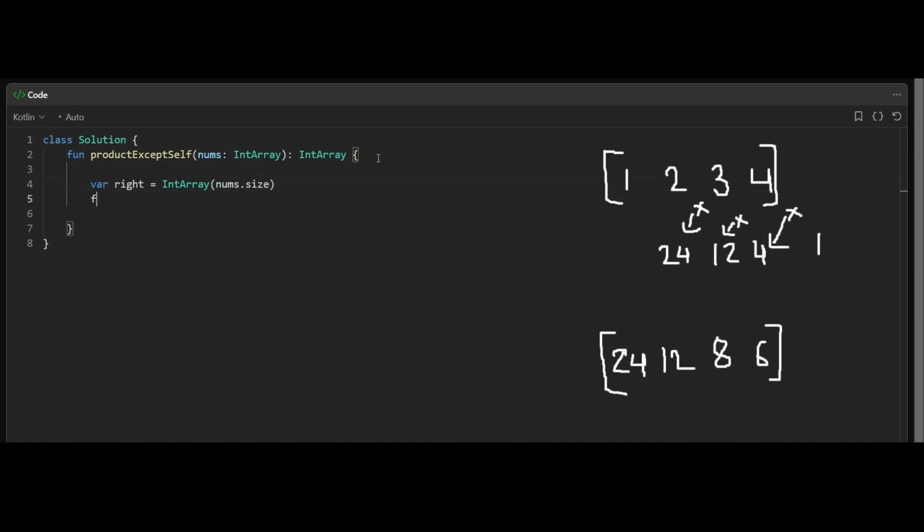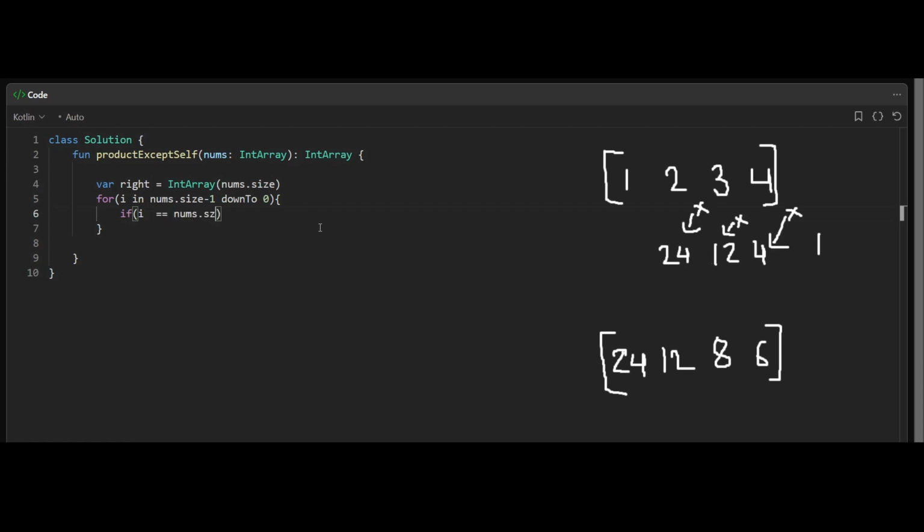So we'll create an array and we'll start from the end of this input array. For the last element, the multiplication of the right side will be 1. So we'll say here, if i is equal to nums.size minus 1, then the right side multiplication here is 1. Otherwise,